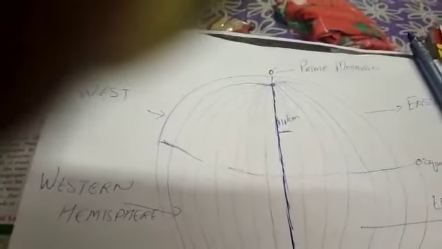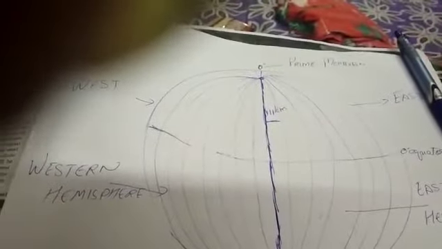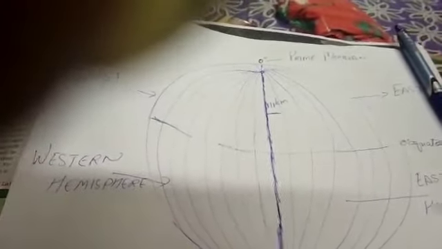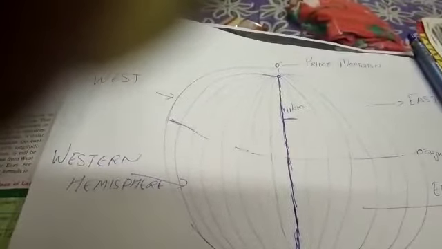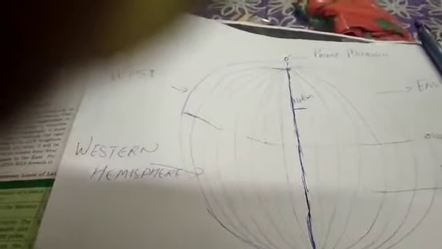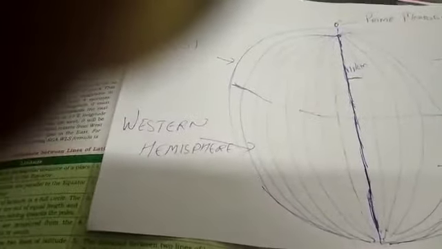Now children, to avoid confusion while we are calculating the time, we have divided the earth into various time zones. Children, there are 24 time zones. The time zone can be calculated by seeing the distance or area of